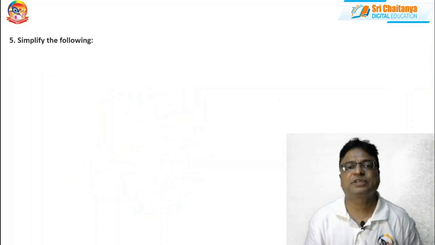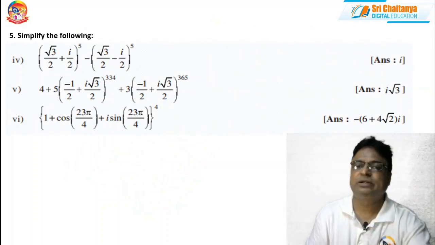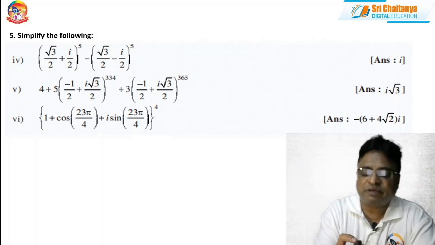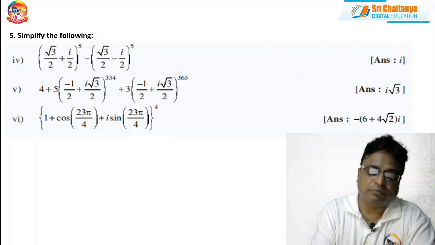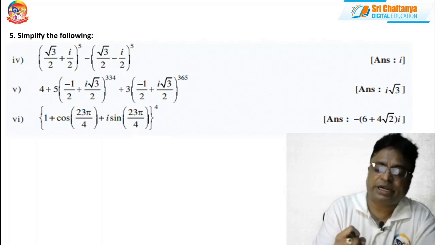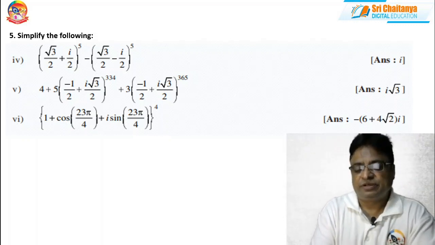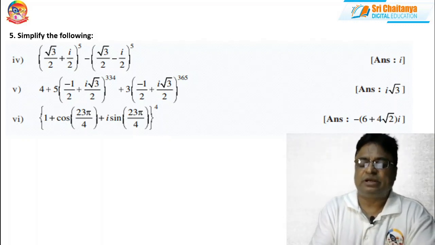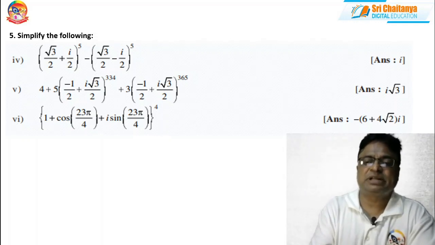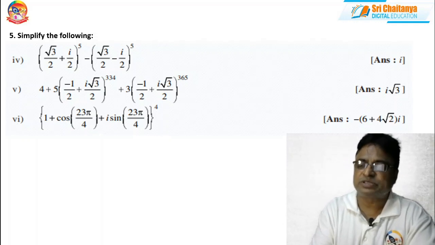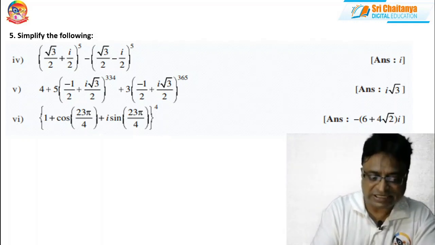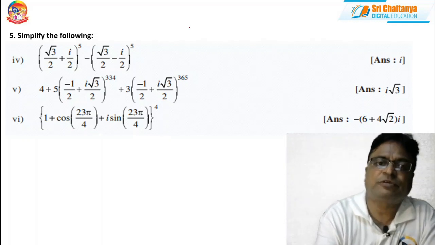Now, coming to this one. Actually, to solve this type of problems, it requires a lot of patience. Moreover, a solid grip on trigonometric values. If you are converting them in cos theta, cos 90 minus theta, sin 90 minus theta, something like that, then only these problems are very easy and simple for you. Otherwise, it takes time also. Let us see. Now, coming to the fourth question.